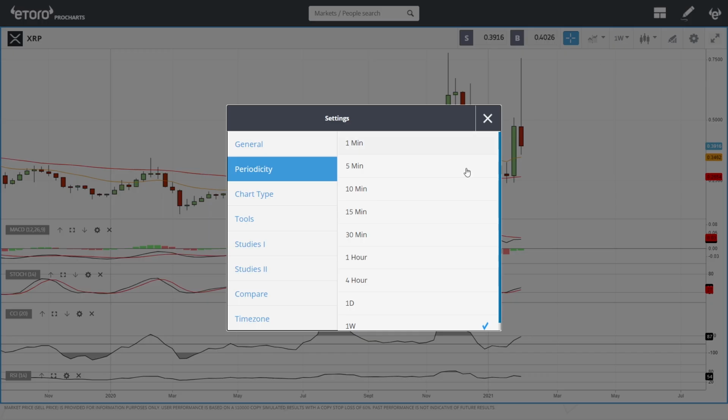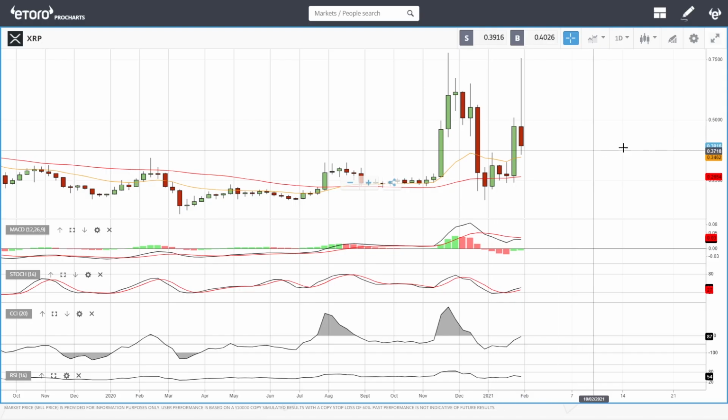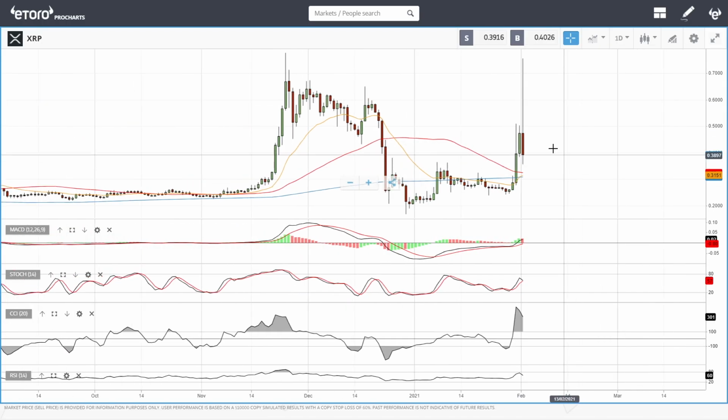because that was on a real wild ride today. So you can see this candlestick here. We actually fell from 0.7552 all the way down to 0.3550. So it lost more than half of its value today. So it rallied all the way here, then lost almost half of its value. So this is very strange. I have not seen price action like this before.